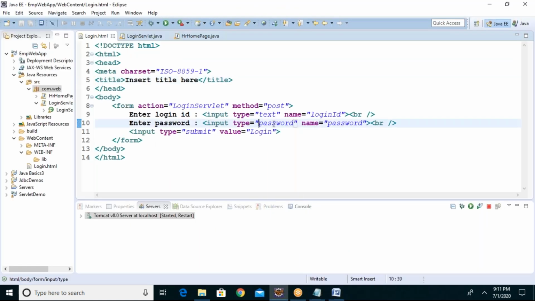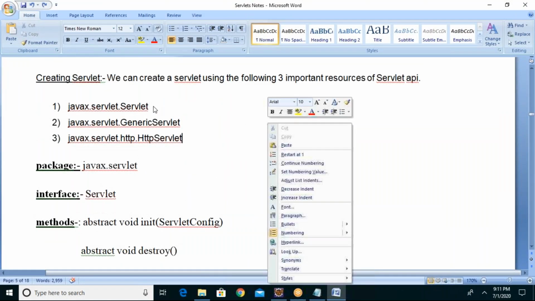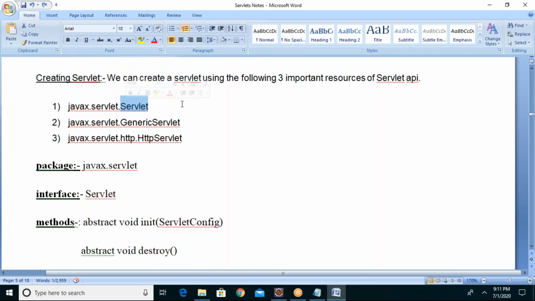Yeah, that is the hierarchy, multi-level. Okay, sir.